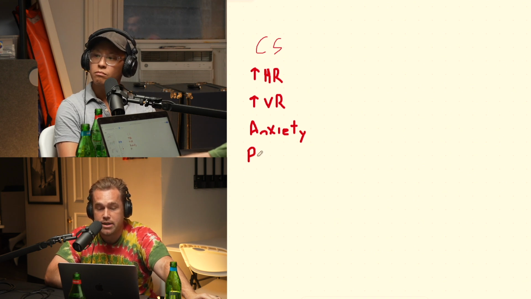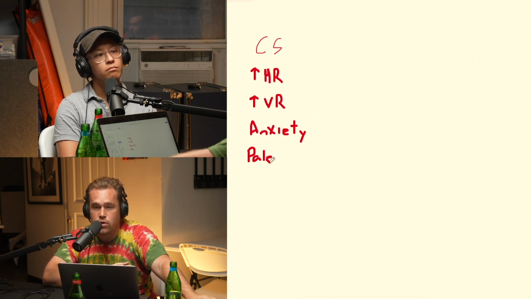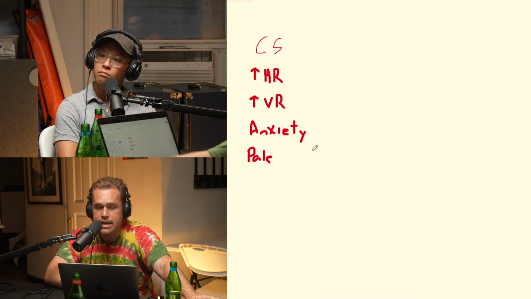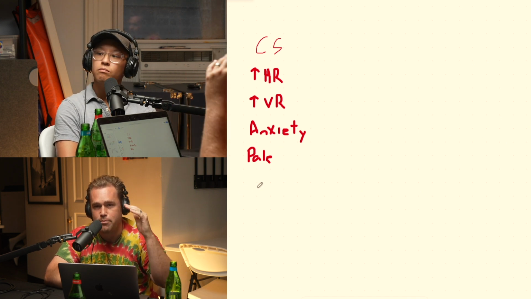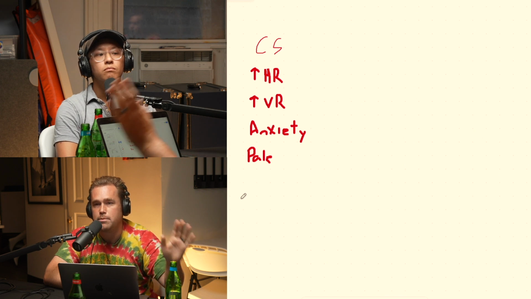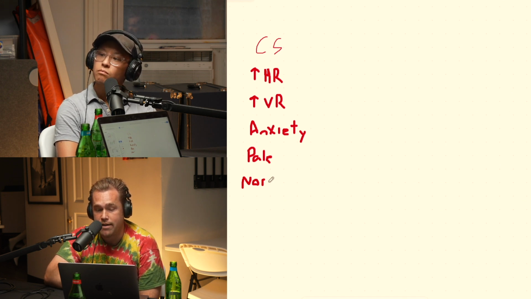Pale skin is commonly seen, and this pale skin is because your body's saying, hey, we don't have enough blood flowing to our vital organs, so let's not send blood to the skin, let's keep it to the core. So paleness is a common thing you'll see. And in terms of blood pressure, and again, we tend to think of blood pressure as the ultimate sign in terms of perfusion, blood pressure should be normal here. So in compensated shock, we should really have a normal BP. There are some subtleties that you need to be aware of, though.